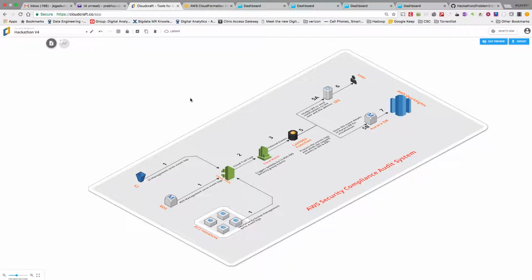The Lambda function does the whole logic. It processes the event logs, and based on the security criteria as per the problem statement, if it is against the security policies, then the events are sent to the Simple Email Service, which triggers an email to the user with the information, like if it is an EBS volume, the volume ID and other information, which I will show in the mail right after this. In addition to triggering the email, we also persist the data in Aurora DB, which is further used